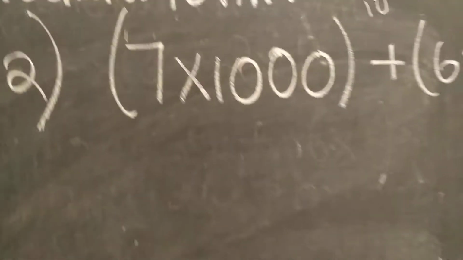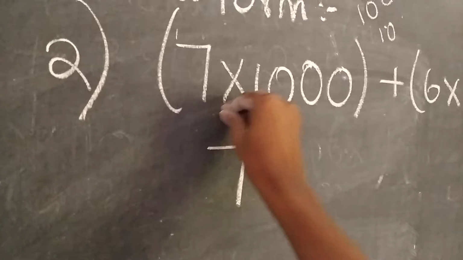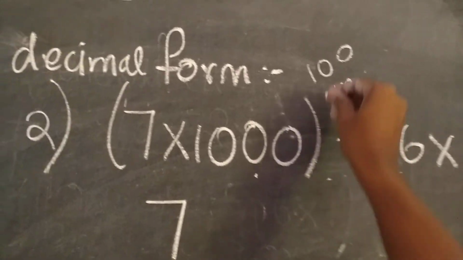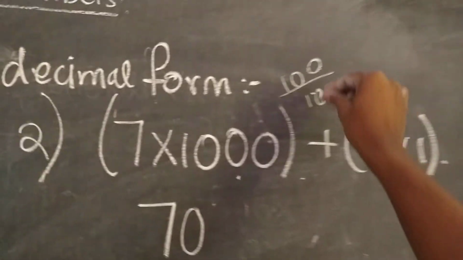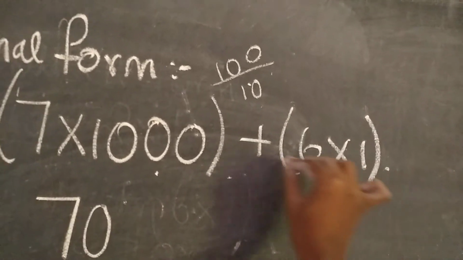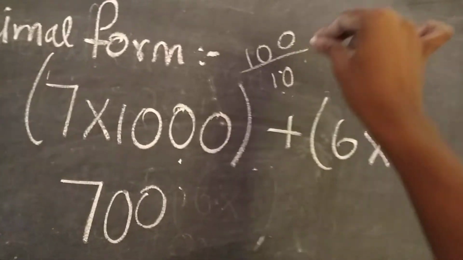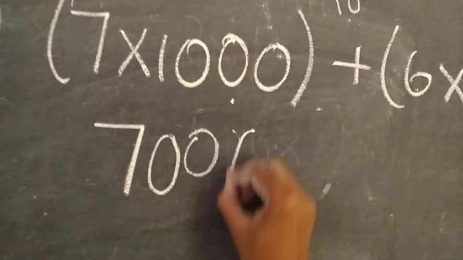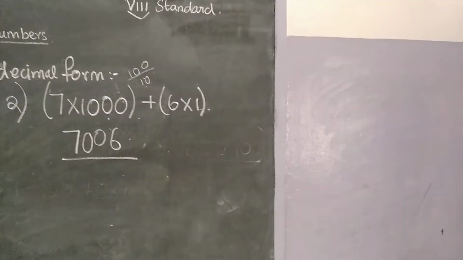Directly they have given the units place. So how are we going to represent this generalized form in decimal form? First write down 7. But after that we are not having a 100 place number, isn't it? So you write it as 0. After 100 it is the 10th place. Again we are not having a number in the 10th place, so again you write it as 0. After the 10th place you have to check for the units place. In the units place we have a number called 6, so write the number as 6. So 7006 is the decimal form of this generalized form.